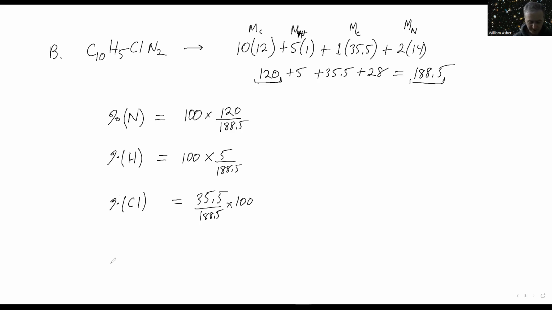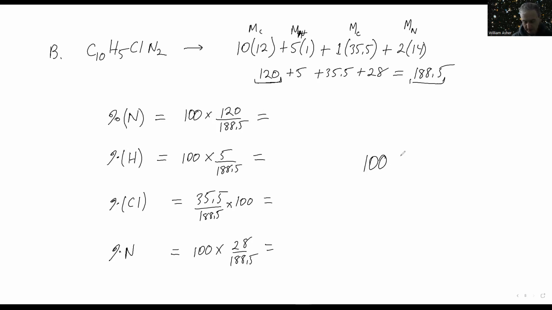And then the percent composition by nitrogen is equal to 100 times 28 over 188.5, right? And as a check on your work, if you do these correctly and you sum them together, you